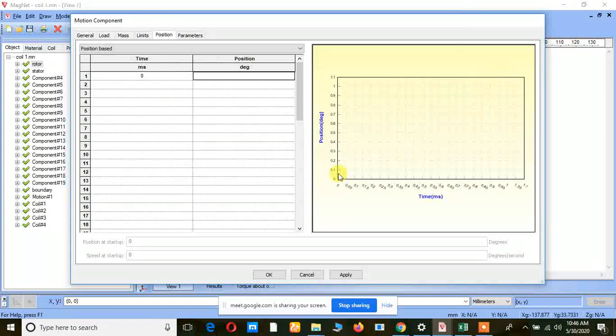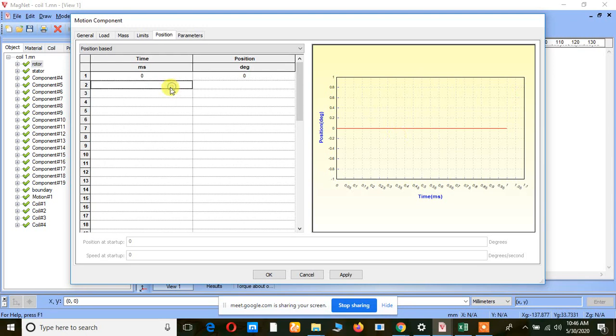Here we have to get a linear graph for the position as well as the time. The graph should appear linear such that the rotor rotation is continuously increasing, right? So initially the position is 0, and then I am giving some time values, just take it as 100 on the rotor position.